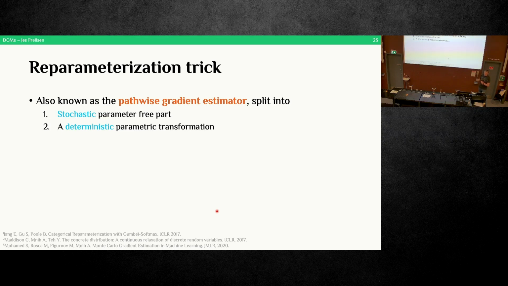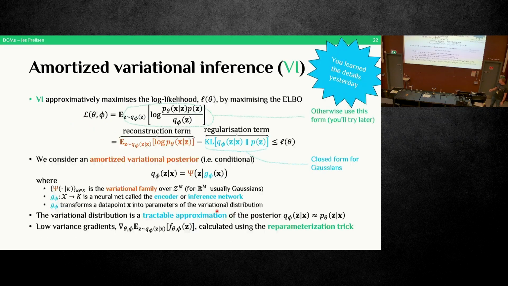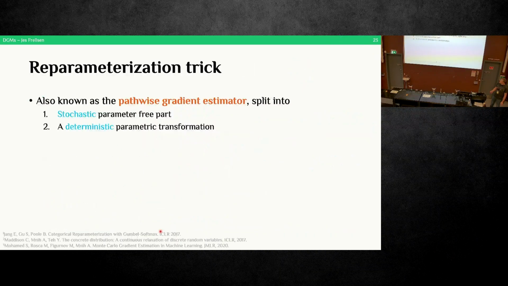And one way I like to think about the reparameterization trick is that you take this expectation here, and then you transform it into a stochastic part that's parameter free, and then a deterministic part that's parametric. So the stochastic part doesn't have any parameters anymore, and all the parameters are transformed into the deterministic part of